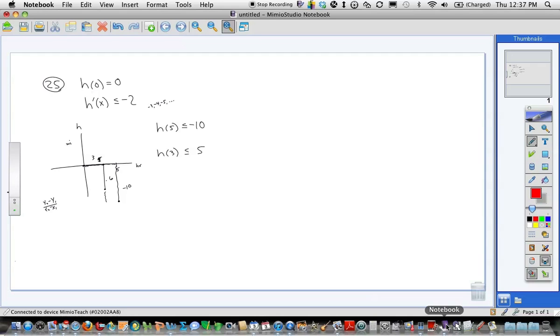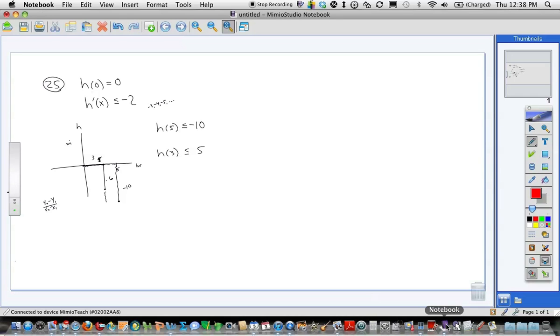Okay, so what does H of 0 equals 0 mean in car talk? We start at Bismarck, the origin. So at time 0, at noon, we're going to be in Bismarck. That's what that means. What's this mean? We're doing east and west. Okay, east is positive, negative is west, right? This is speed, or velocity, excuse me. Negative means west, 2 miles an hour. So we're going to be traveling west at 2 miles an hour, or,